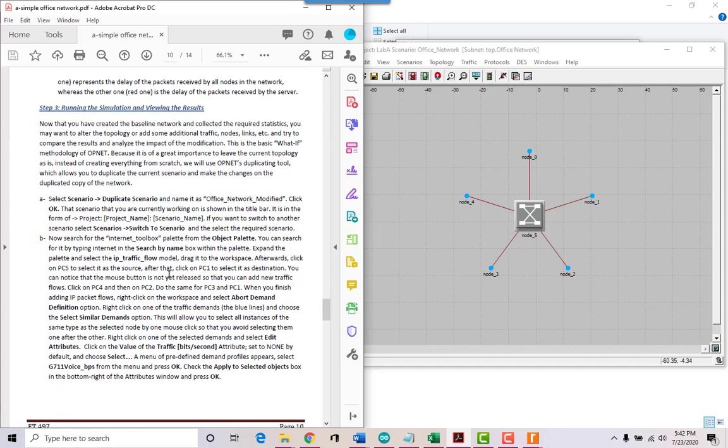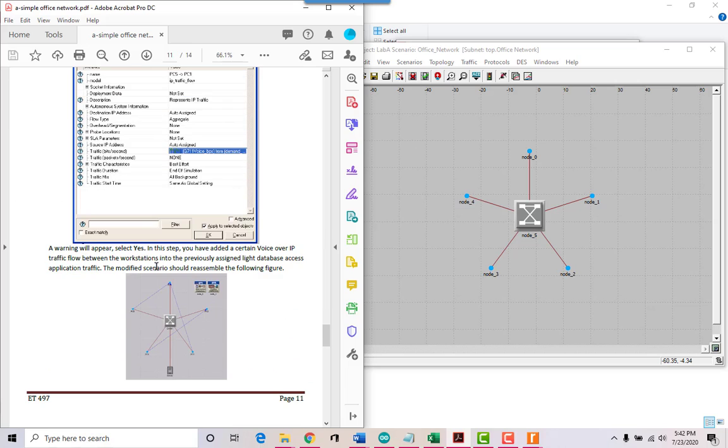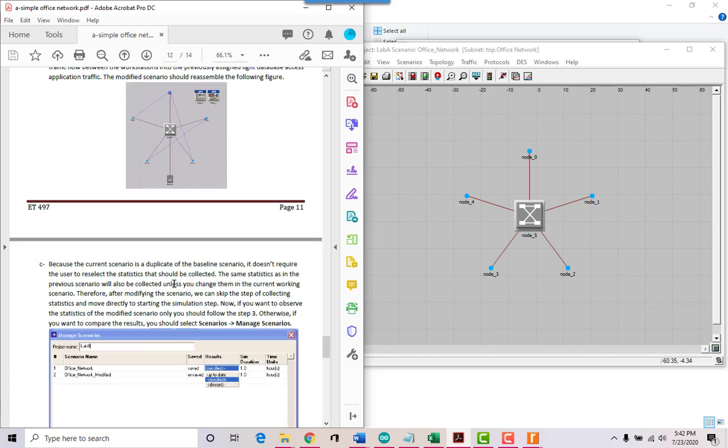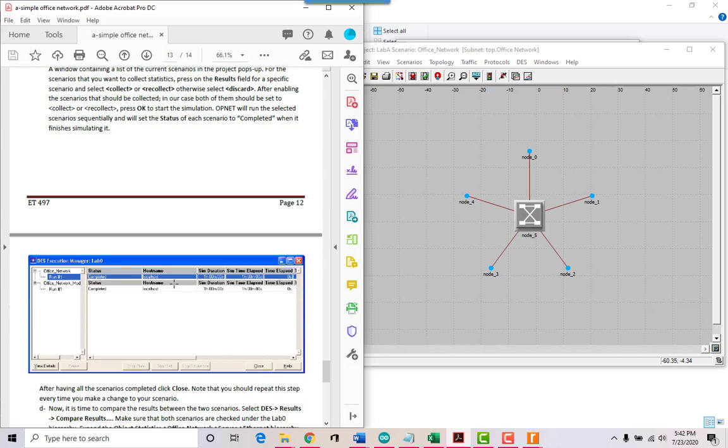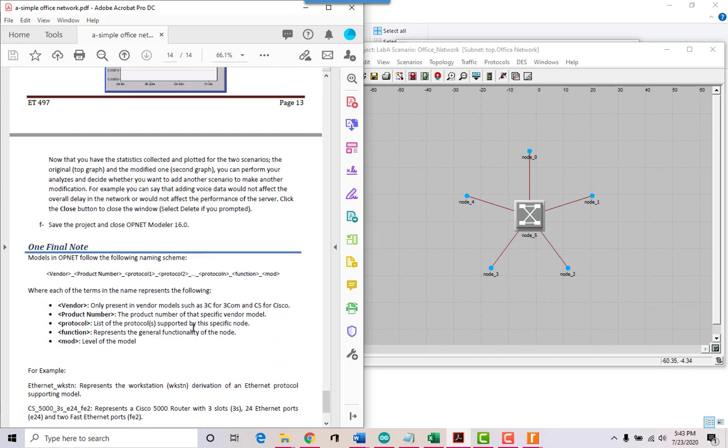After running the simulation and viewing the results, you can have a scenario and put in a little bit more traffic, I believe. In this case, you're adding voice over IP traffic between workstations. And you run the simulations again, and you should be able to get some results out of it.